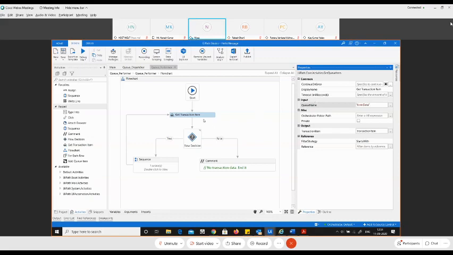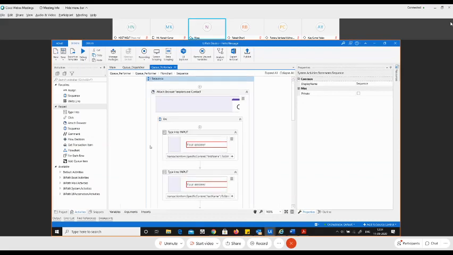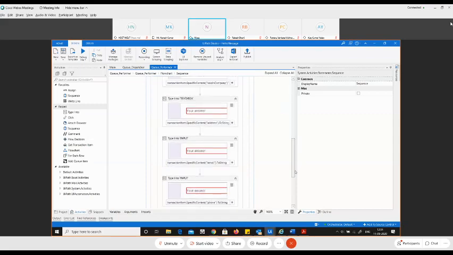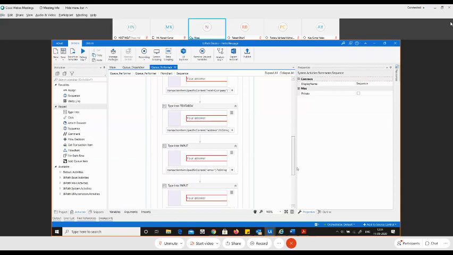Okay. So we have a get transaction item activity, and in the get transaction activity, we pass the queue name, and here we are getting the queue item in a variable called transaction item, and we are checking if the transaction item is not nothing. If not, then we'll end the transaction, or if it consists of something, then we are using the sequence and we are filling in all the form. So here I have filled for the rest of the fields. Earlier we did for the 3 columns. So I completed for role in the company, address, email, and the phone number.